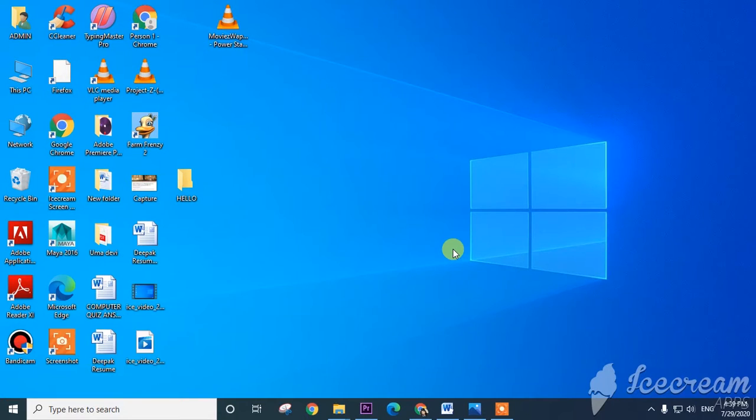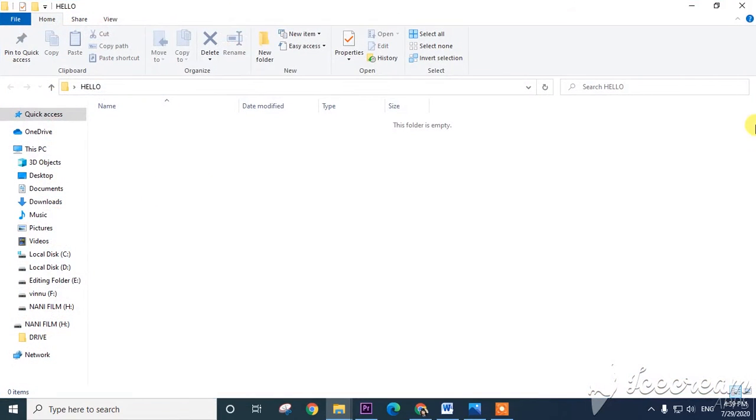Let us have a look. See here how to open the files and folder. Just double click, the folder will open. How to create a new folder? In home tab click on new folder, then the folder will be created. Then you write the name, like I am writing here first project. Press enter or click outside of the area with left click. Folder is created. In this way we can create folders.